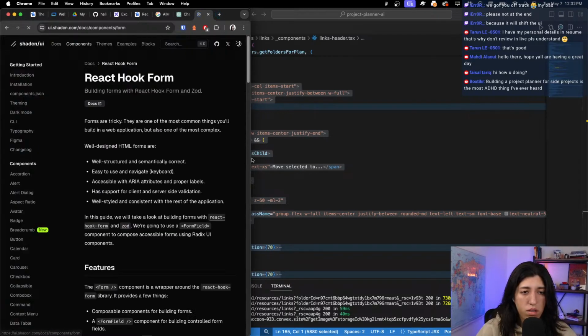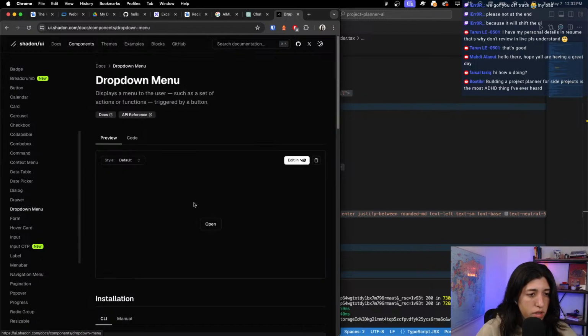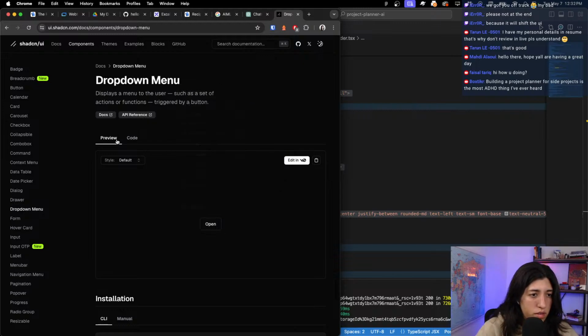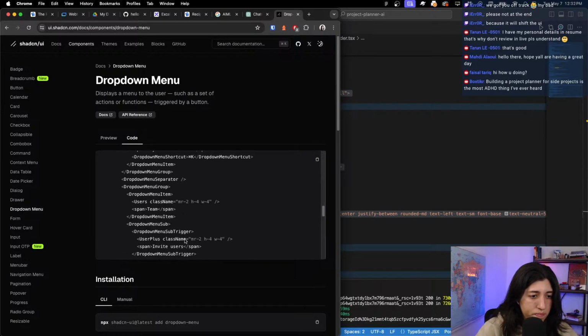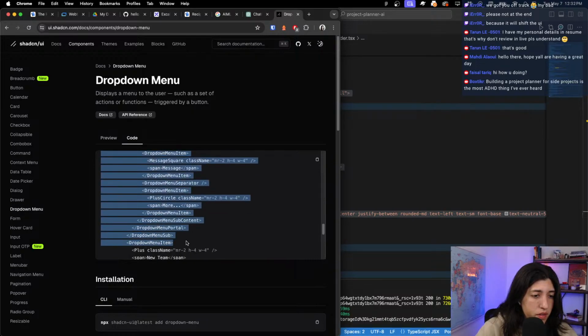ShadCN, the what's it called? Drop down menu. It allows for subfolders like that. I think Assad, we were trying to figure this out the other day. Let me see. If it has